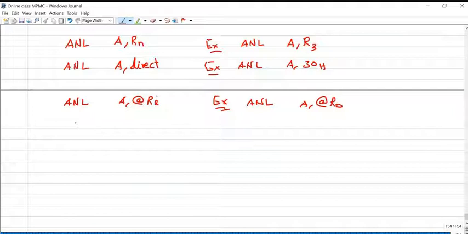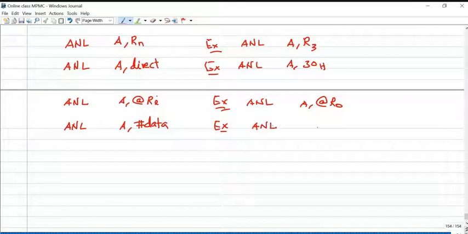Okay. So in the move instruction, we discussed everything already, so I don't want to give the explanation for @R0 again and again. Logical AND operation between accumulator and immediate data.